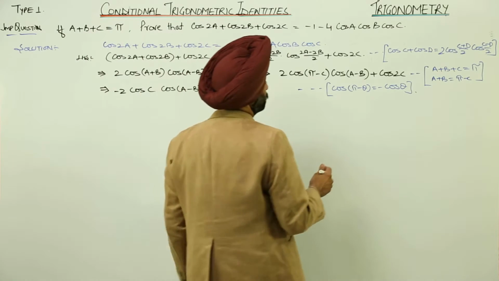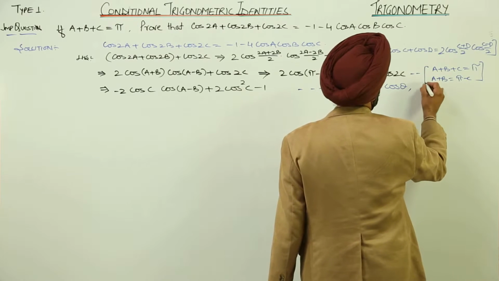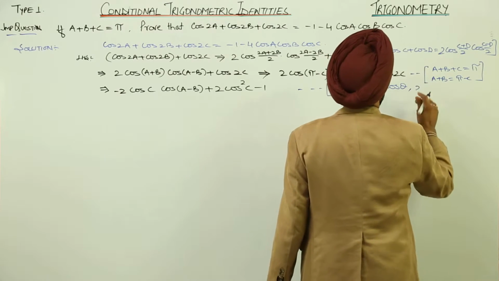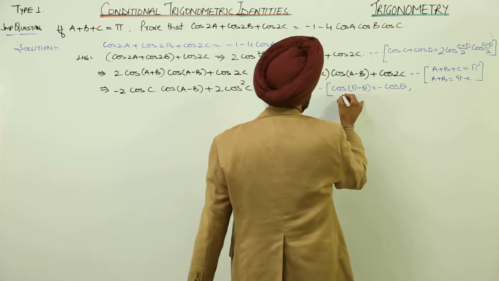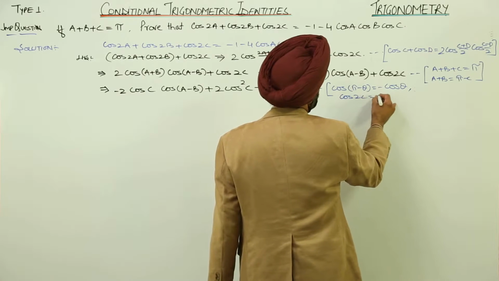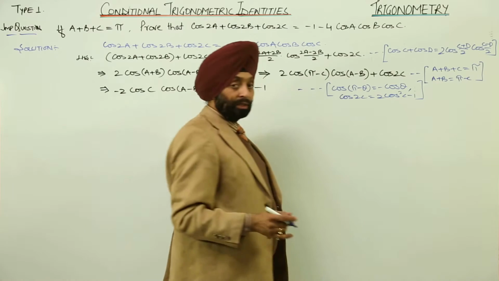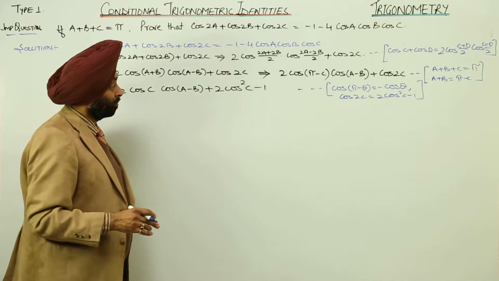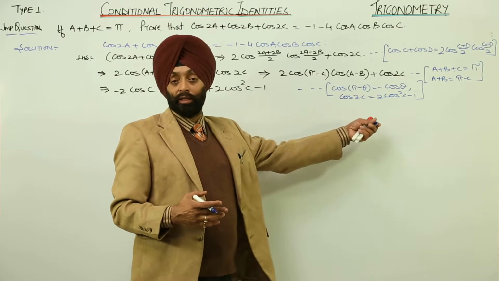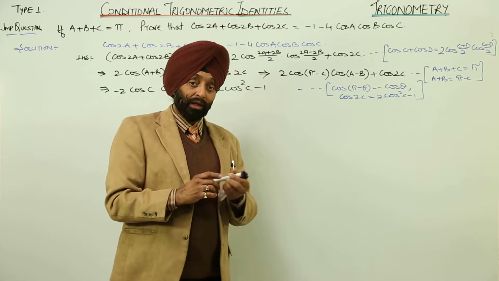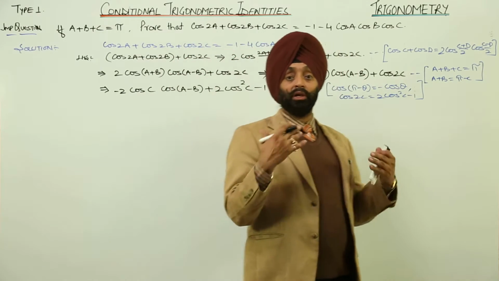And we have also used another thing, that is cos 2C is equal to 2 cos square C minus 1. Now again I am just requesting you, wherever we are changing the formulas we should write it. I am always writing it, okay? Why? As I told you once again, this makes us learn, okay?